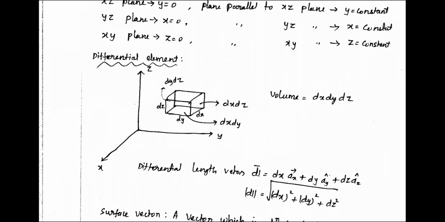Next, what is the differential length? What is the change in differential length? If you are using x, y, z, what is the final change in length? Length here is generally the arc length. If I am moving a point, what is the difference from the center point, what is the change in length? That is very simple: square root of x squared plus y squared plus z squared.